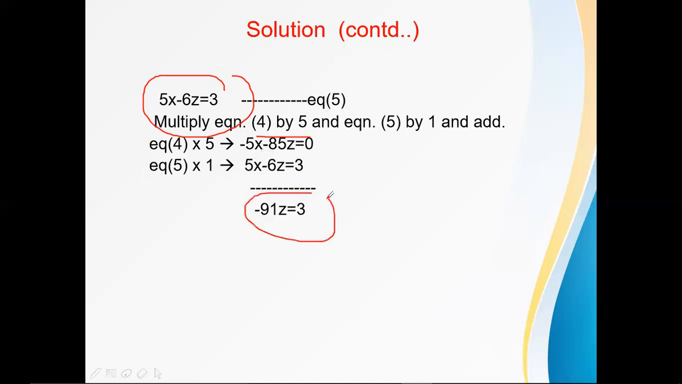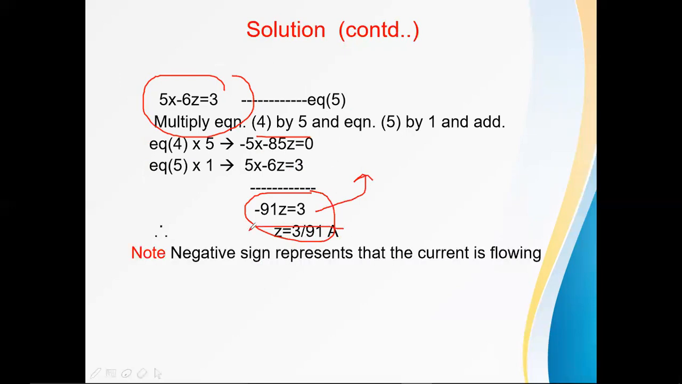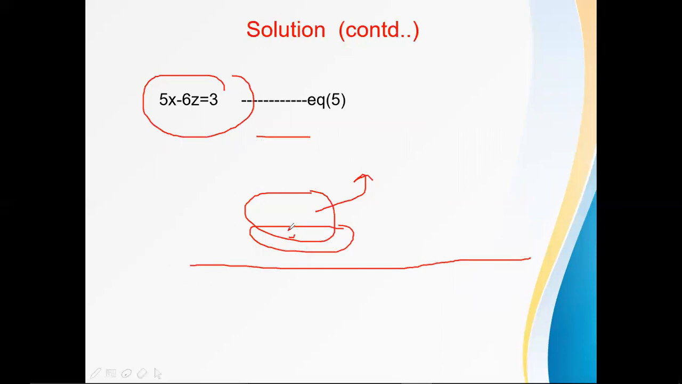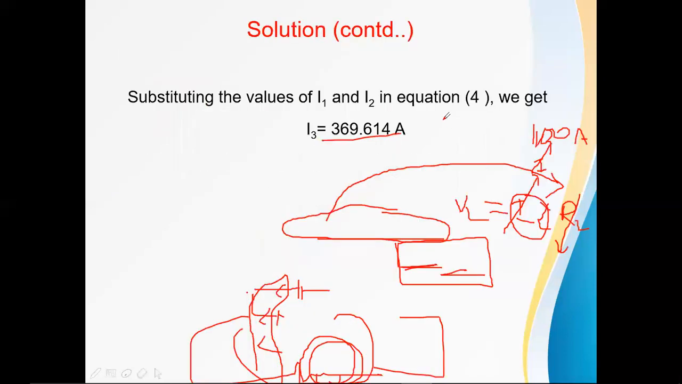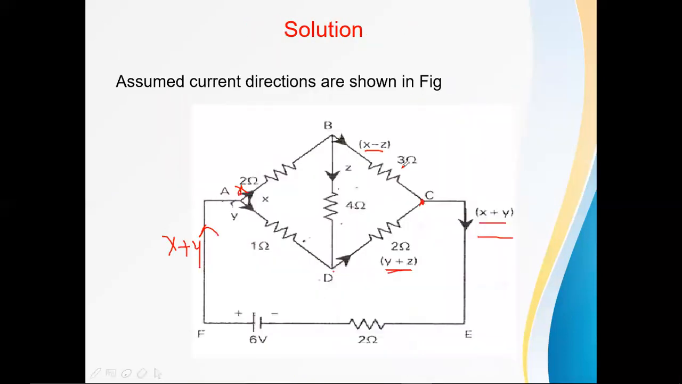Right, now you got the z. If you substitute this z value in this equation, you will get x, but x is not mandatory. Here the note: the negative sign represents the current is flowing from D to B. Here the current direction is given in a negative way. In the question itself, he is asking only for the current flowing through the